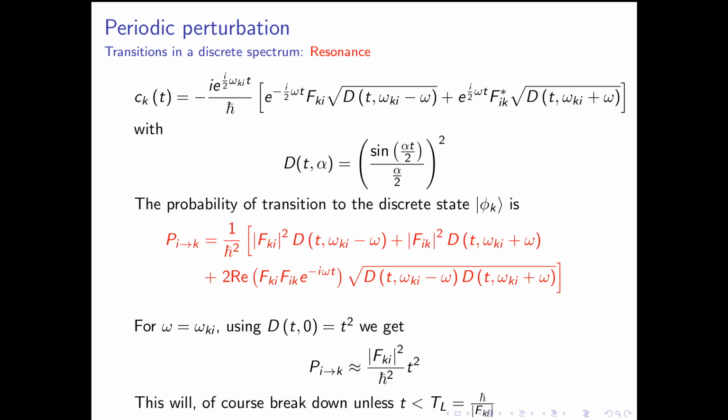Here we can estimate the threshold time to be h cross by mod fki, which is of course the time at which this formula for the probability will grow all the way up to 1. But you should realize that the first order perturbation calculation will actually break down even a lot before this, simply because once the contribution from perturbation becomes big enough, then first order calculation can no longer be trusted. You have to take into account higher order results. But at least as a good rule of thumb, you can say at least for times which are large,